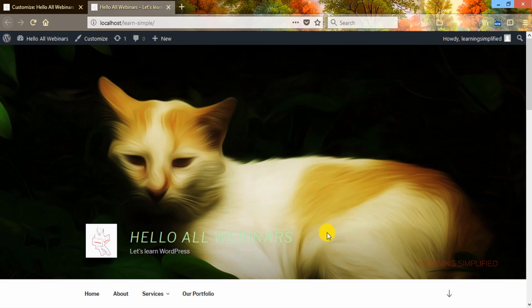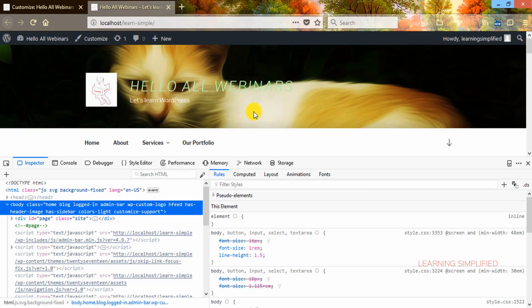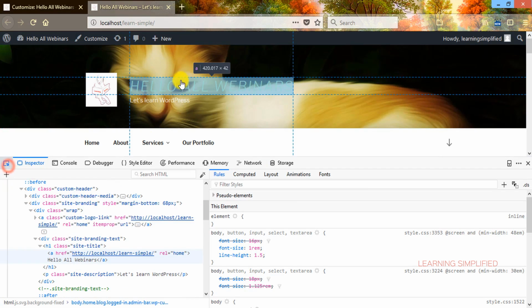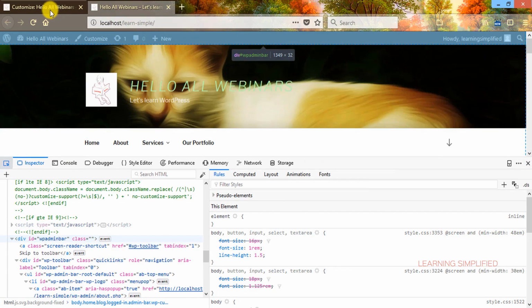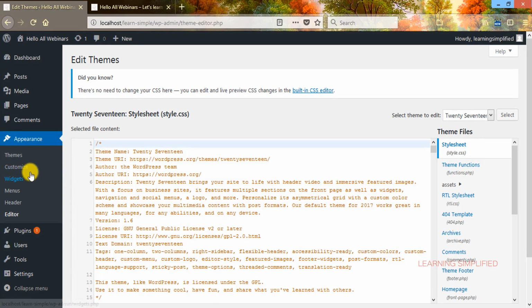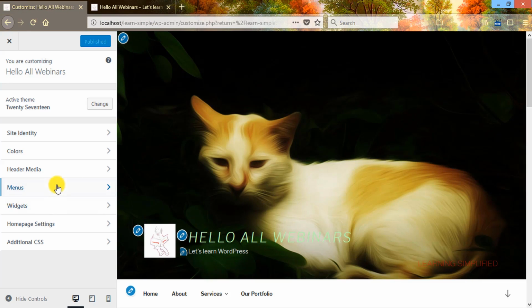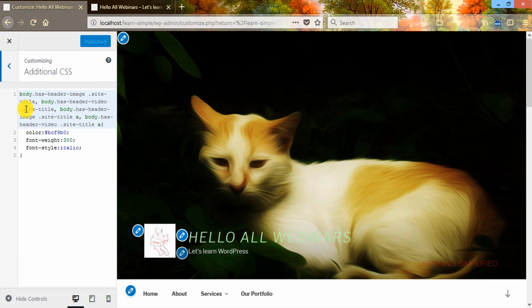So every time we are looking to make certain changes to a certain part, we need to press the F12 button, which opens up our code inspector panel, and then select the element that we want to reflect the changes. Then we select that particular class name from this right panel, get back to our project, and from the customize section go to additional CSS, where we will paste them and make all the changes that are needed.